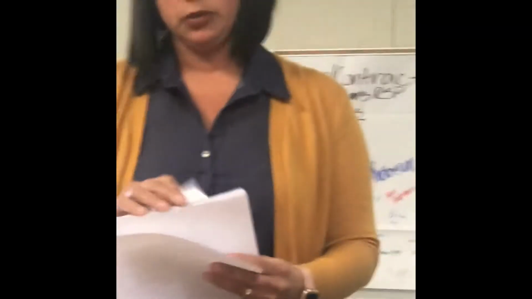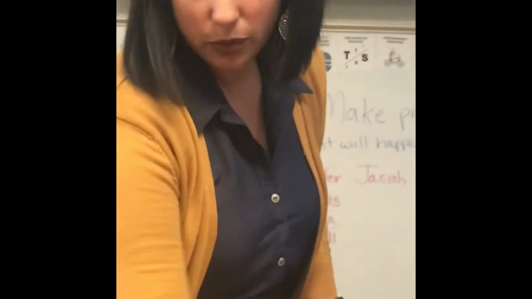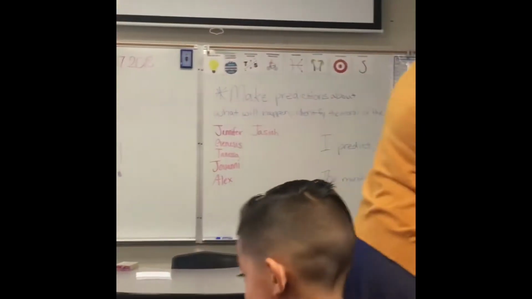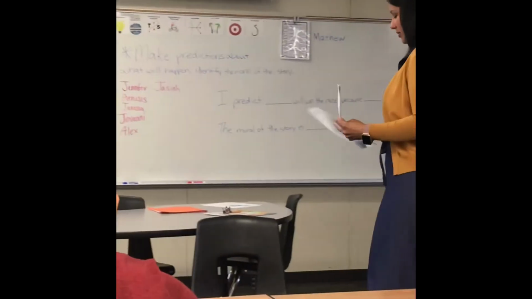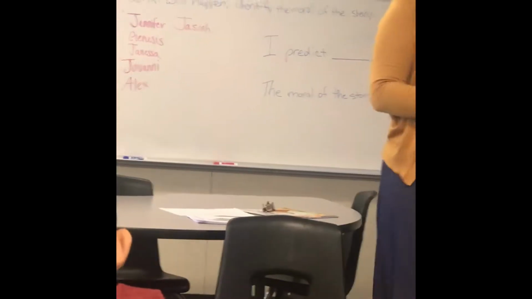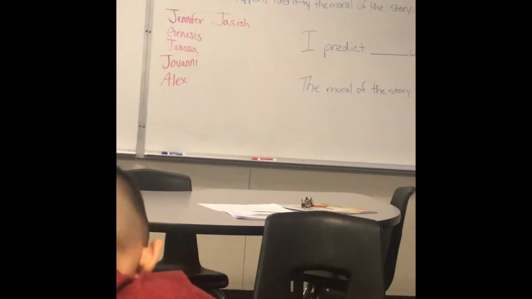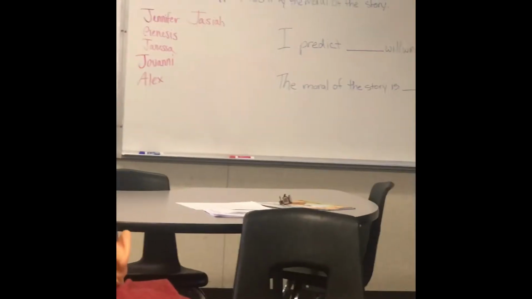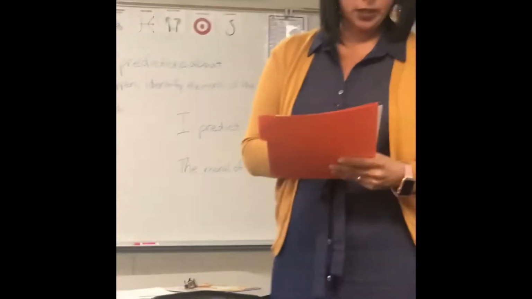At the top of your worksheet, I numbered it 1 and 2. So partner number 1, when I tell you to speak to your partner, you're going to speak to partner number 2. Okay, so your number 1 and your number 2. I'm going to read the story out loud, and you're going to follow along. I want you to use your index finger and point at each word as I'm reading it, okay? You ready?